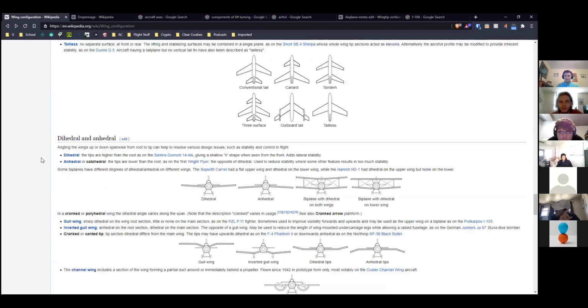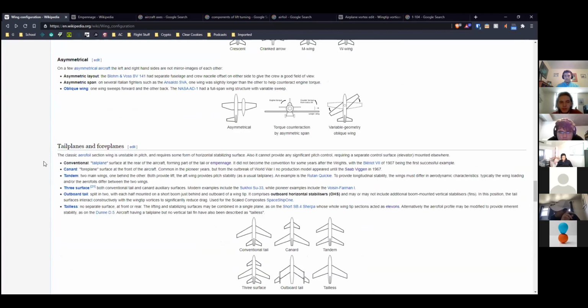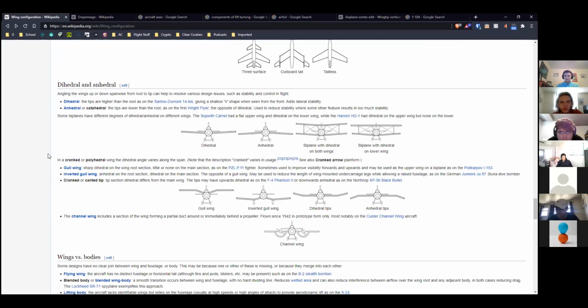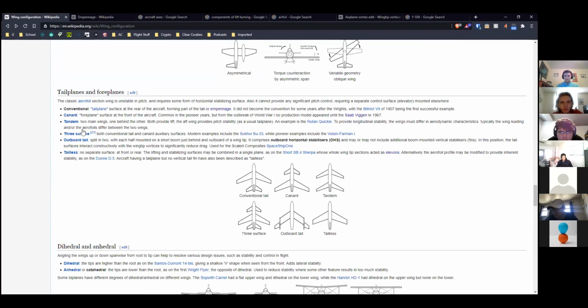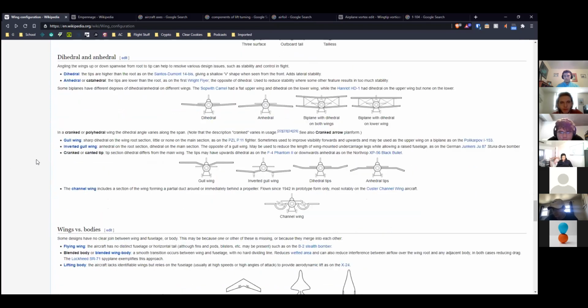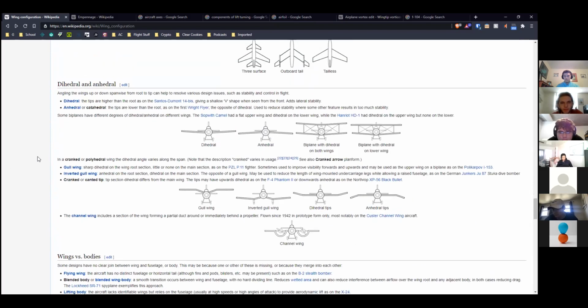Okay, I'm gonna skip the tail stuff for now because we'll talk about it later, but I will come back to it. I'm gonna try to finish off the wing stuff first, and then we can take a break or something. Okay, so